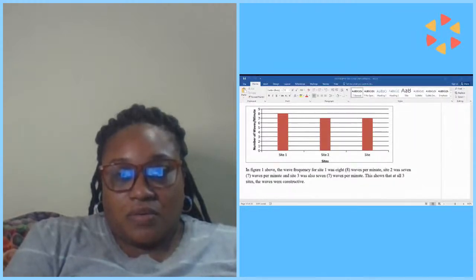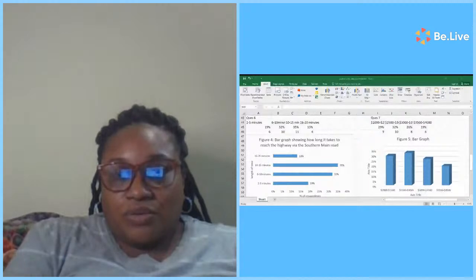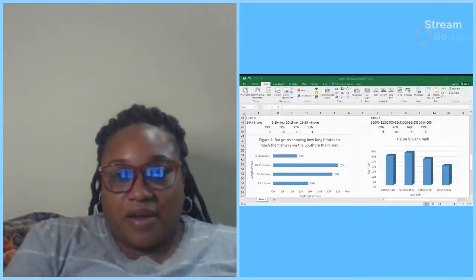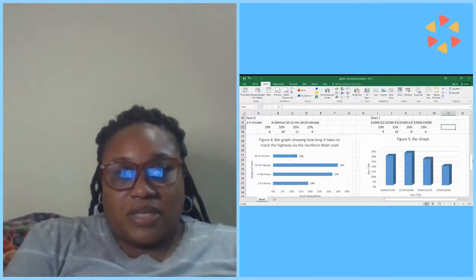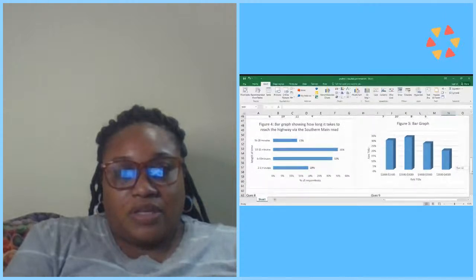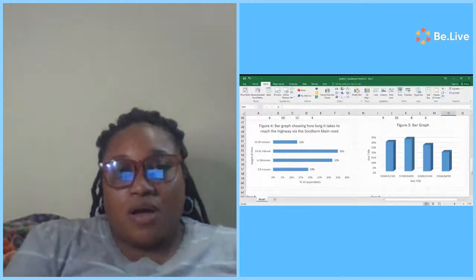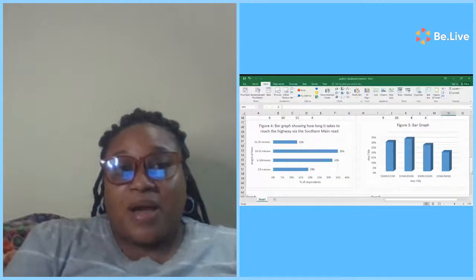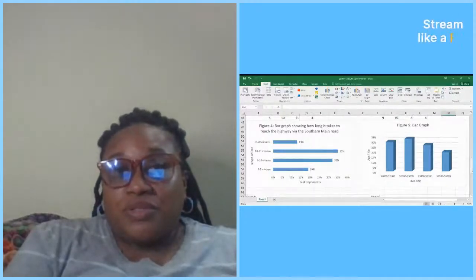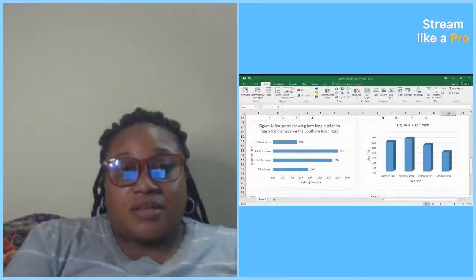So if you want to now do the bar graphs that we have here, let us say, for example, you have this figure 4. So you will see here, it will say figure 4 above shows, or the bar graph below shows that